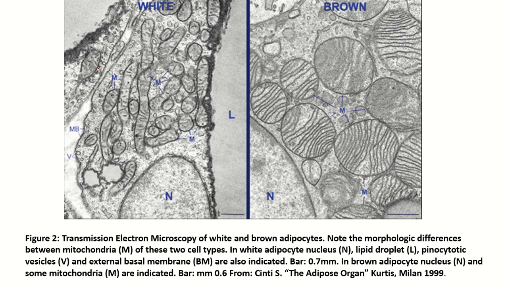These are the electron microscopic pictures of the white adipocyte, and this is the electron microscopy picture of the brown adipocyte. You see, this is the lipid droplet, this part of the lipid droplet showing here. These are the nucleus, and the thin ring of cytoplasm contains poorly developed mitochondria, rough endoplasmic reticulum, and pinocytic vesicles. And here you see the nucleus and lipid droplets, and a well developed and large number of mitochondria.